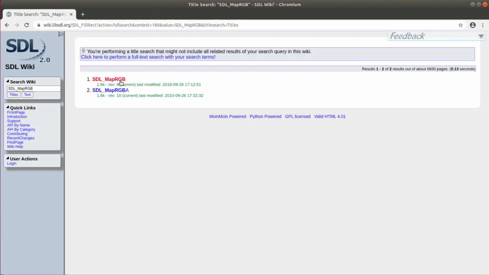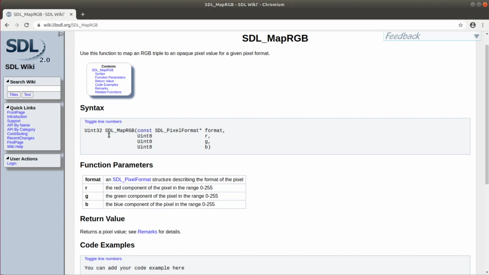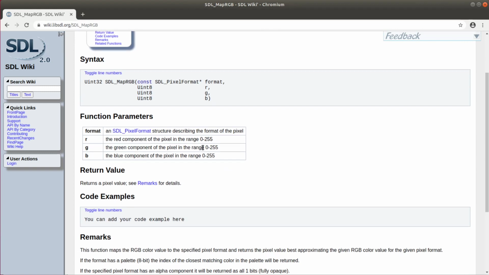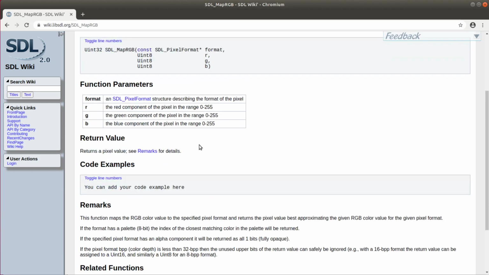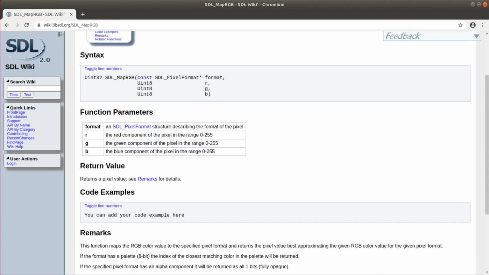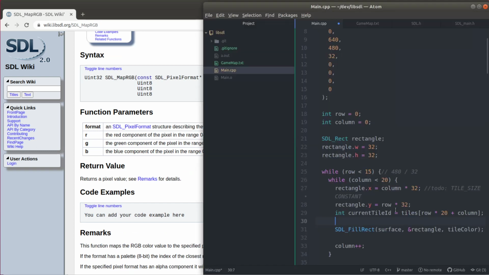Let's see here. So we can use this to get the color. So let's do that. SDL map RGB. And the format has to be the surface in reference to the format. And then you give the values for each color. So for example,